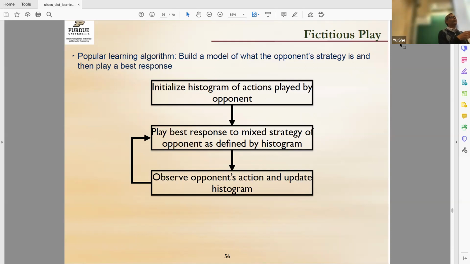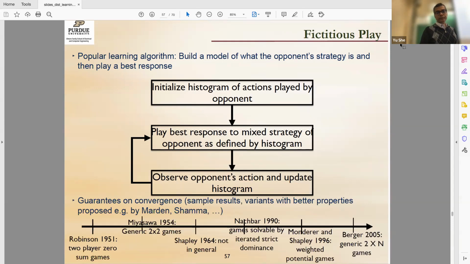Okay, so I'm playing to a fictitious strategy, a strategy that I think you are doing. Well, you're not really doing that. And remember that you are also updating. So it's a very highly non-stationary thing. I'm updating my histogram and my strategy, and you're updating your histogram and your strategy. And there are guarantees on convergence for various kinds of games, and even 2005 and so on. This is an interesting